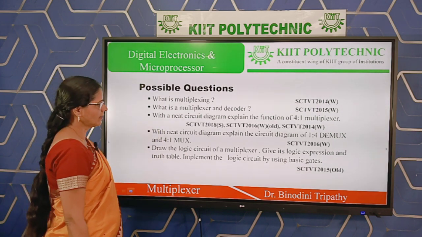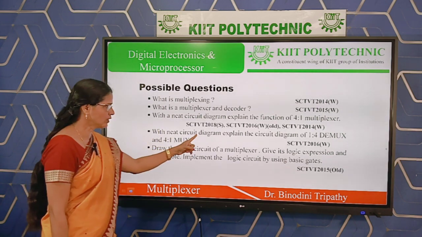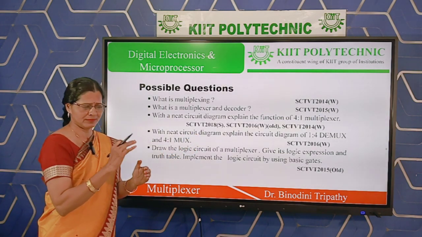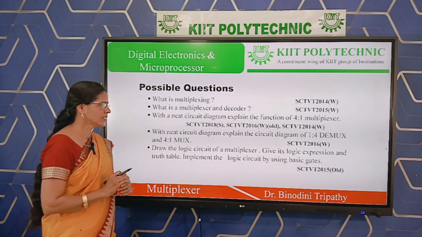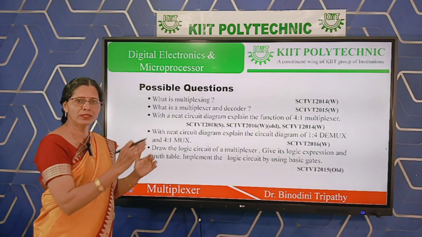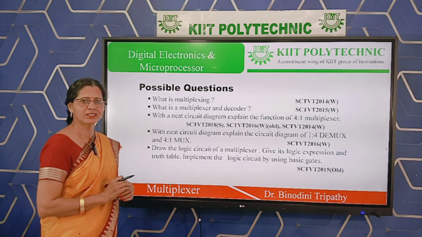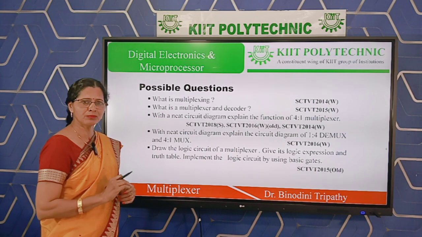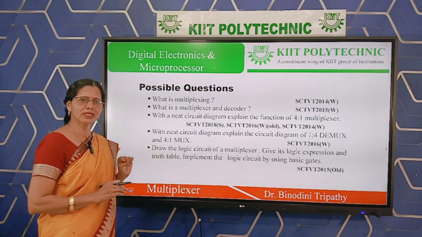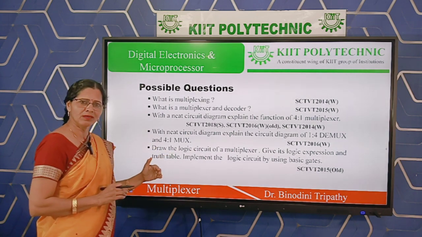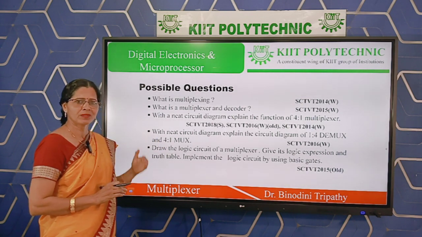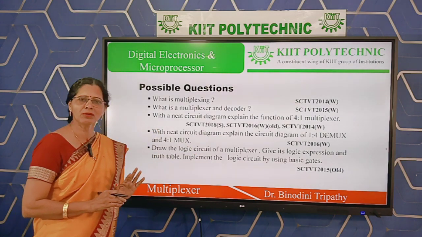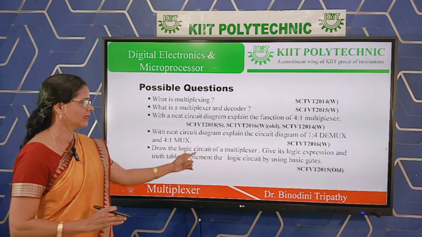You can attend them. While explaining any long question, I have already told you the process. First write the definition, then second write the symbols. Symbols means how many inputs and what their designations are, how many outputs and what the symbol is, how many selection inputs and what the symbol is. 2-3 points you can write from yourself. Next the truth table, next the Boolean expression. After the Boolean expression you have to implement the circuit accordingly. Like that you can proceed, then the block diagram, one more point, and you can finish your answer.